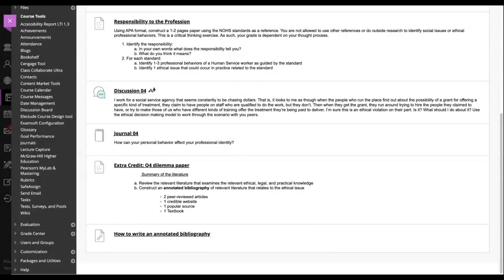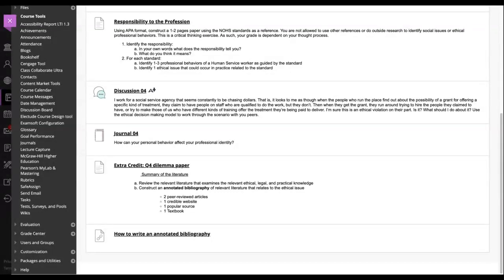You're basing this off of the first part, which was to define the term ethical dilemma and how it is different from an ethical issue. Then we had an extra credit last week that went over the introduction. What's your example? What makes this an ethical dilemma? Identifying any ethical legal issues. Question number 4 is directly linked to question number 3. So make sure that you are going through that.